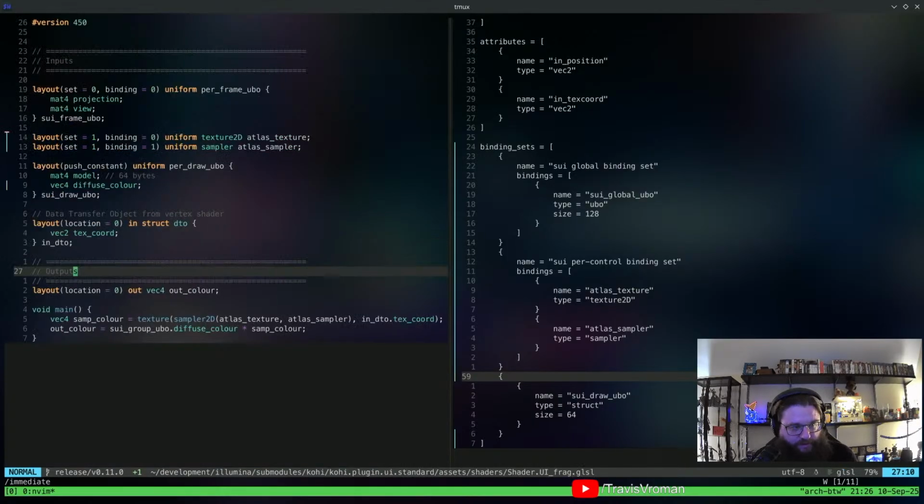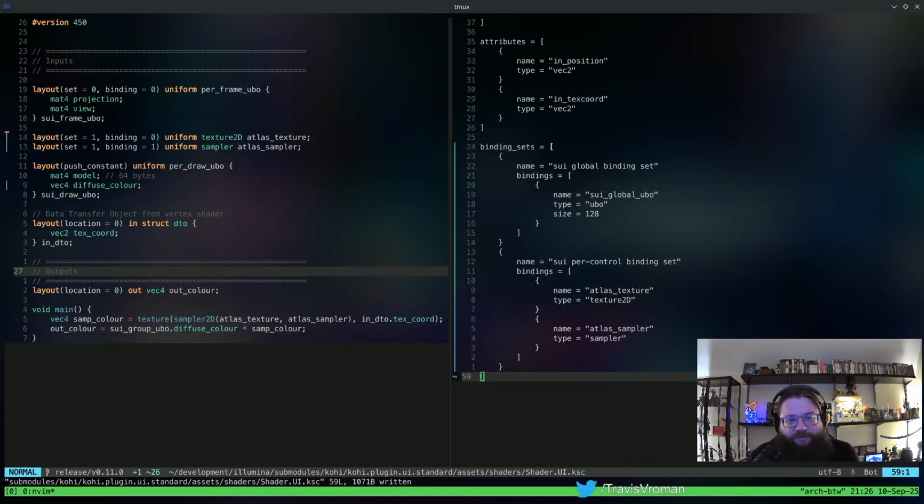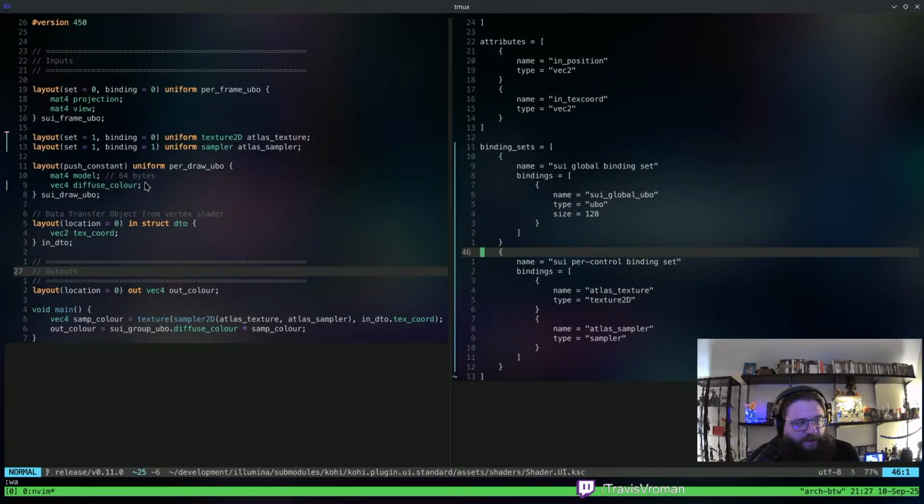Sorry, I've been away from this for a little bit. Sometimes these kind of things slip my memory. Okay, so we actually don't even need this last set, right? Because immediates just pass a block of 128 bytes of data maximum, right? So we don't even have to define that in our shader config. This is the only thing we have to define, these two binding sets, and that is it, right?